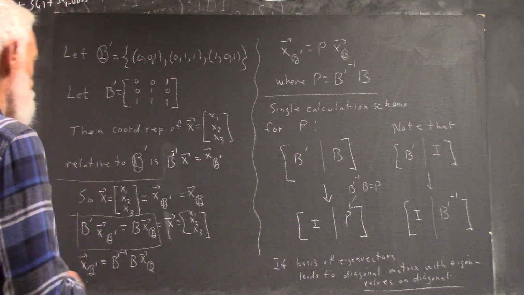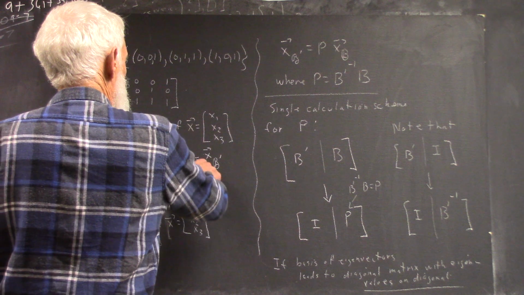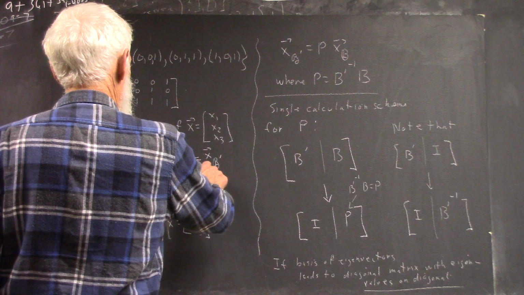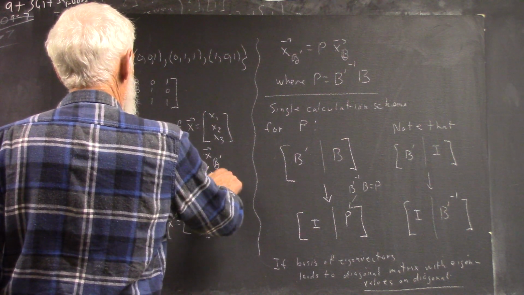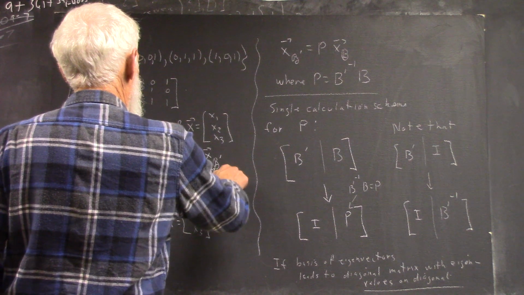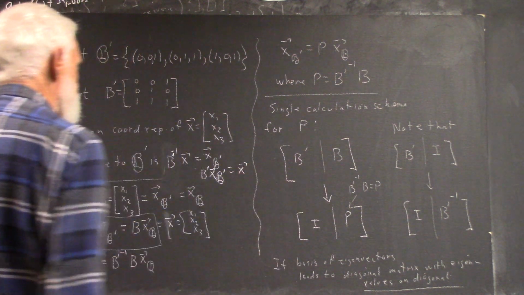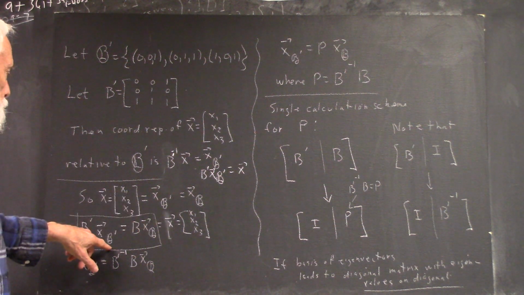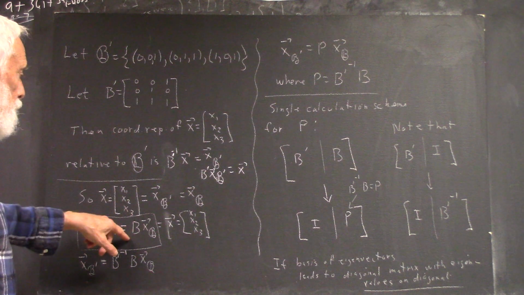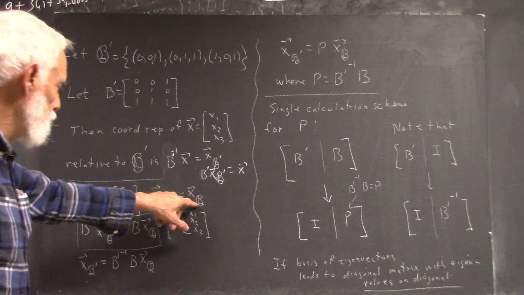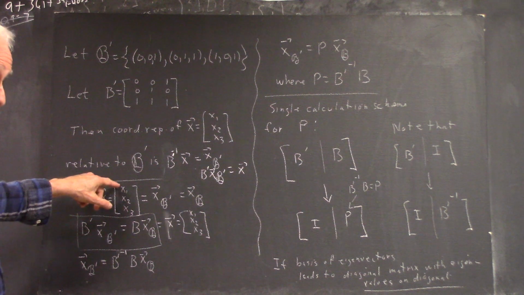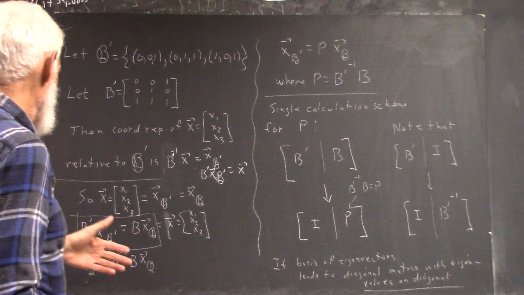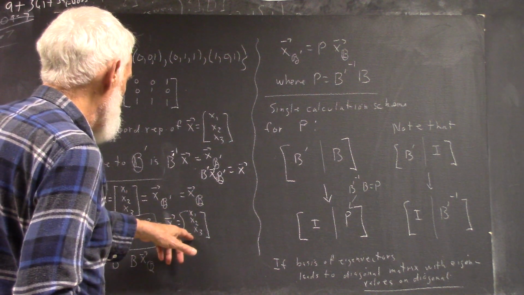and I probably should have written out, I didn't. This is just inverse to the relationship that B prime x B prime equals x. Okay? In any case, it immediately follows that B prime times x B prime equals this, and B times the x B, the B matrix times the x B representation, will equal this. Okay, so these are equal, and I think they're both equal to the x1, x2, x3,